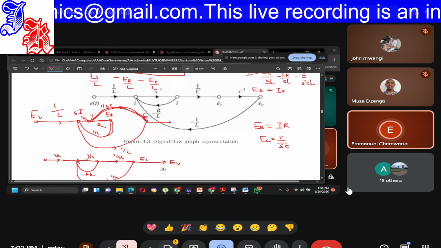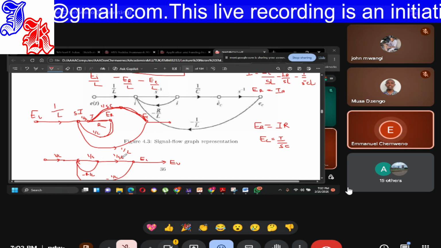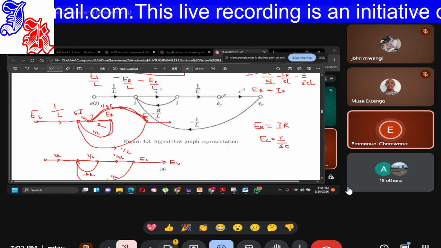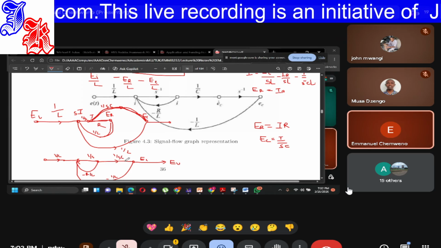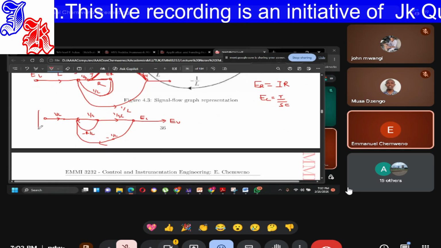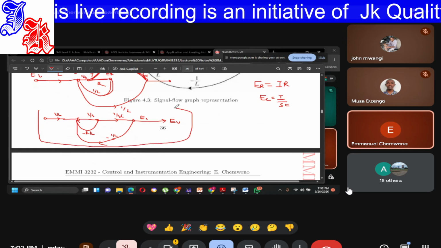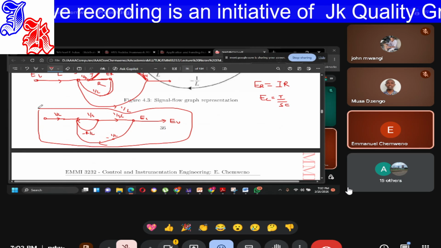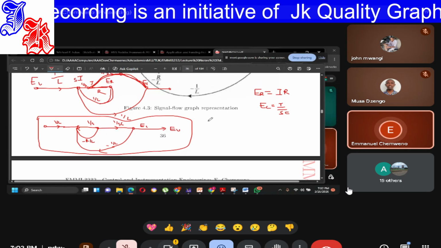I have 1 over L, I have 1 over S, I have 1 over SC, but this is split into 1 over S and 1 over C. So this I have obtained using the equations